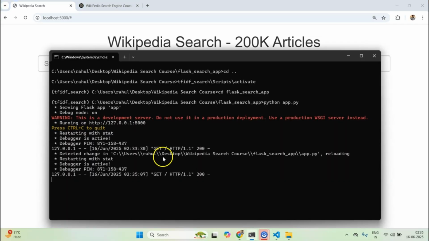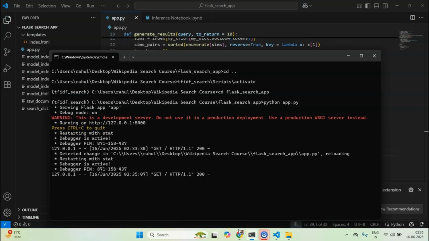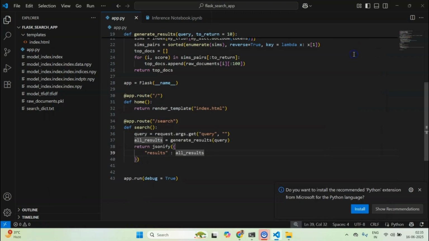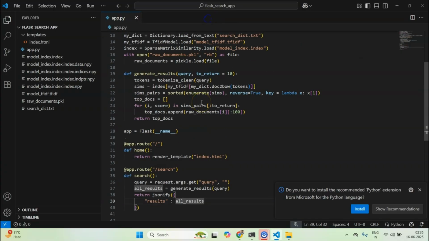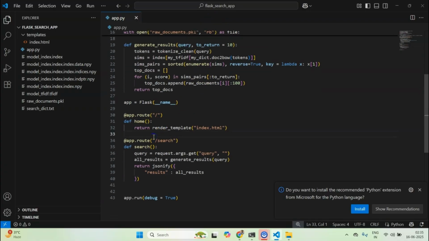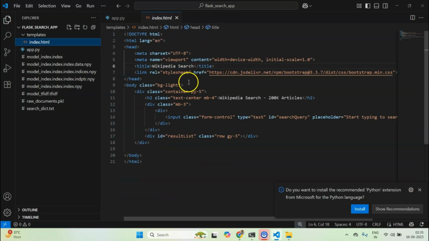So now we need to utilize it somehow. How can we utilize it? To use this search route, we already set up our index.html. We already have this results list.